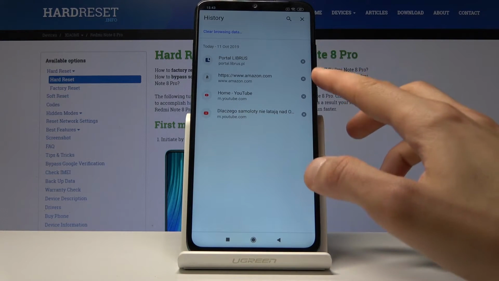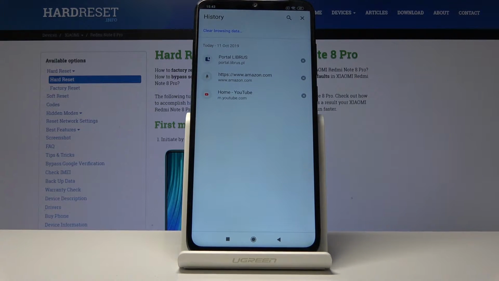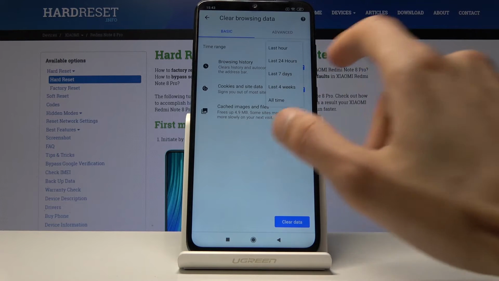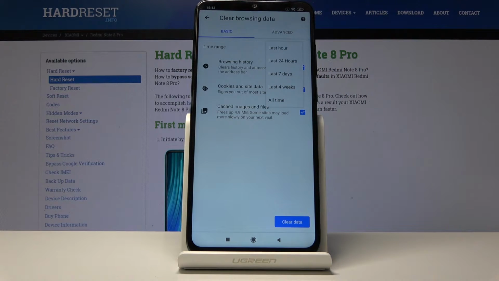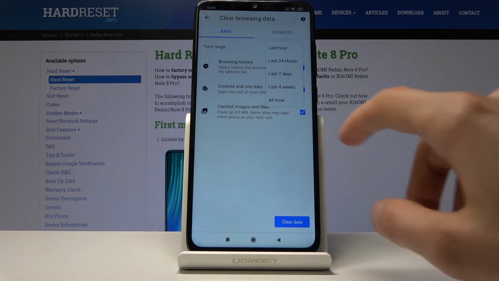you can either delete each entry individually by just tapping on the X like so, and it's going to be removed, or you can tap on clear browsing data and then select the time period which you want to delete it from. So you have the option between 1 hour, 24 hours, 7 days, 4 weeks, or all time. And if you have been using the phone for a little bit longer than I have, which is basically a couple hours, you might want to select all